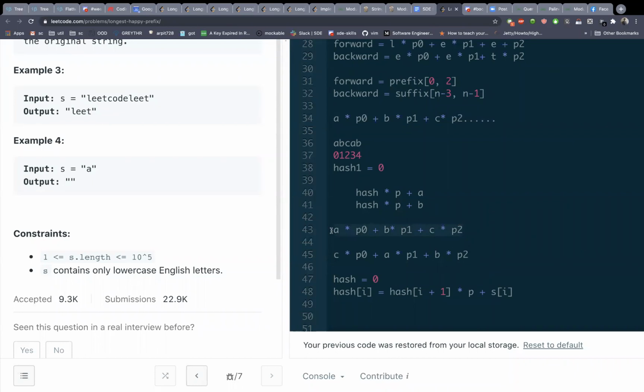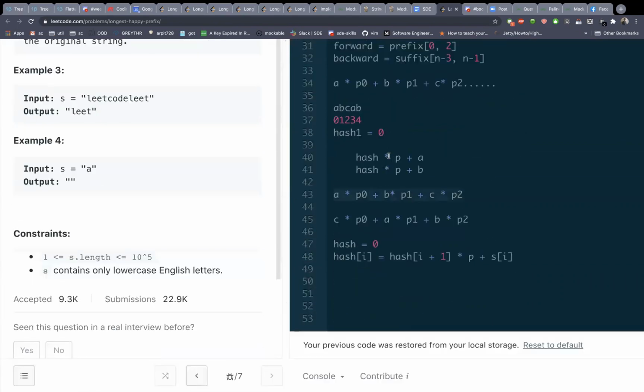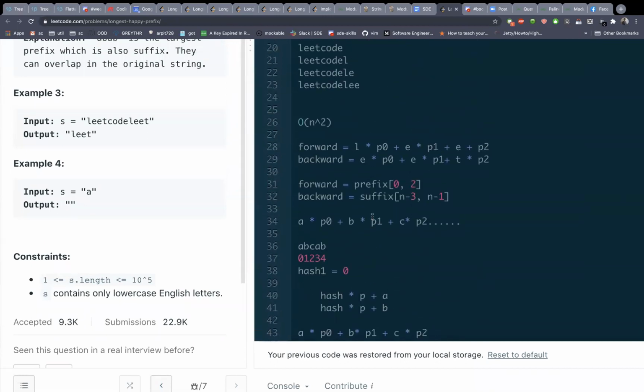So I hope that's clear now. Does anyone have any concern with this part of it? I think this is correct, because if you take a forward hash of A and B, and from the backside also take the backward hash of A and B, you will get exactly the same value. But right now you are taking ABC and CAB, therefore they are not matching. So that is correct. You are doing correctly.